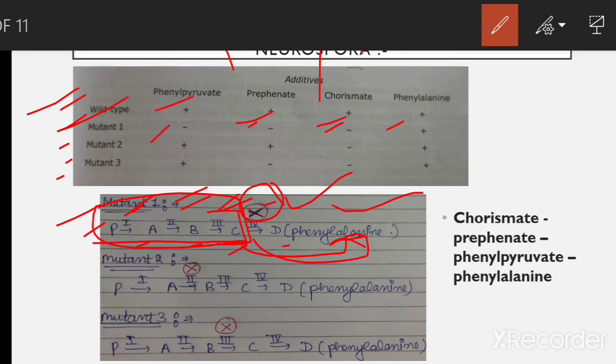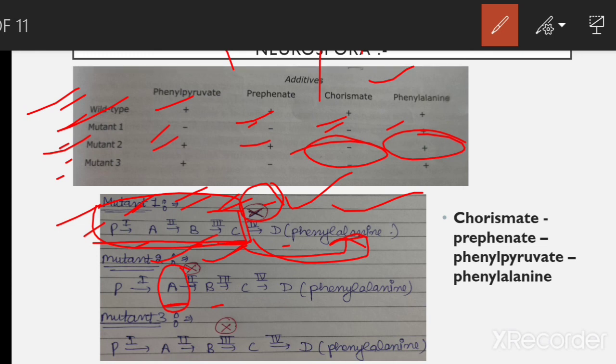And then if I talk about mutant 2, it has the capability to grow on phenylpyruvate and prephenate, but it could not grow on chorismate, though it could grow on phenylalanine. It means that there is a mutation in the second enzyme that converts the first substrate into the second substrate. So it could not grow in the presence of this first substrate. It could not grow only on chorismate. So it means that the A substrate is chorismate,